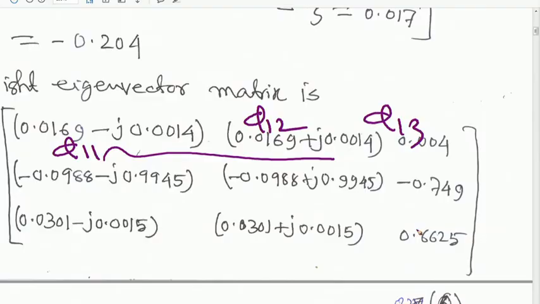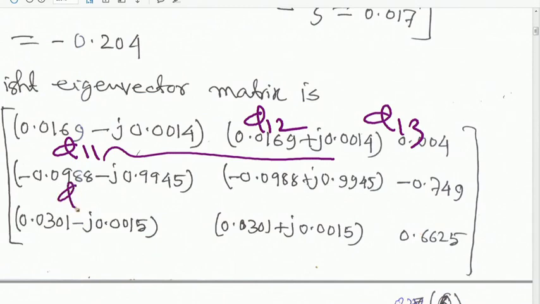So, therefore, for the right eigenvector, for further clarification, this is your phi 1 1, this is phi 1 2 and this is phi 1 3. If you look into phi 1 and phi 2, they are basically complex conjugates, because two eigenvalues are there. So it is a complex conjugate pair and one real eigenvalue. The third column is all real.